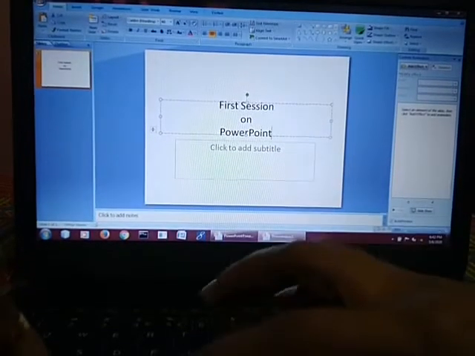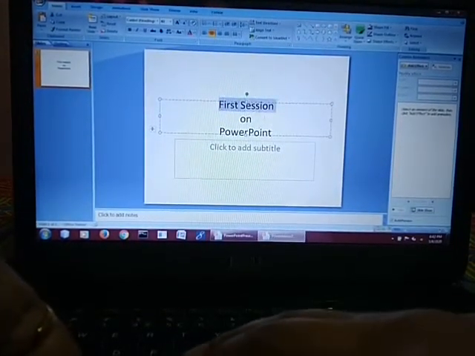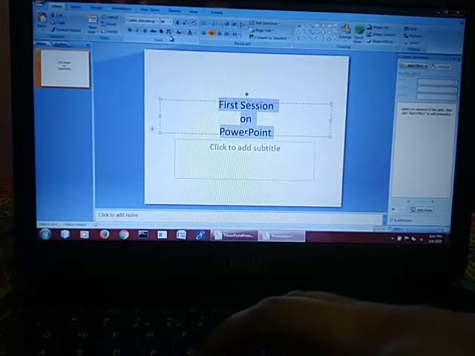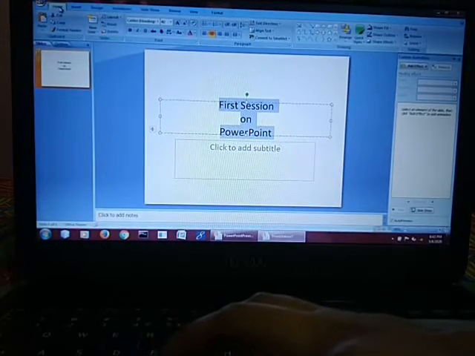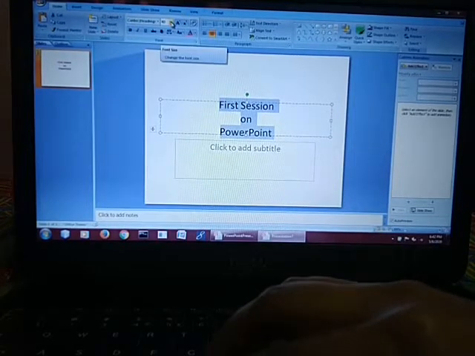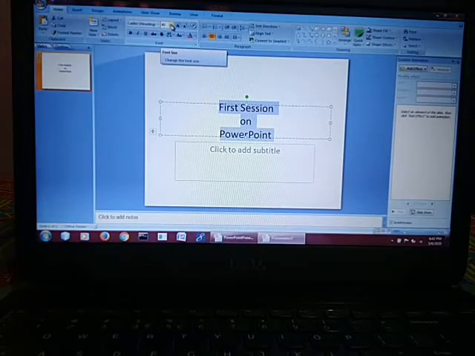Now what I want to do is increase the font size of this particular title. So I will go to the Home tab, and I am already there. Then I will click the size option in the font menu.